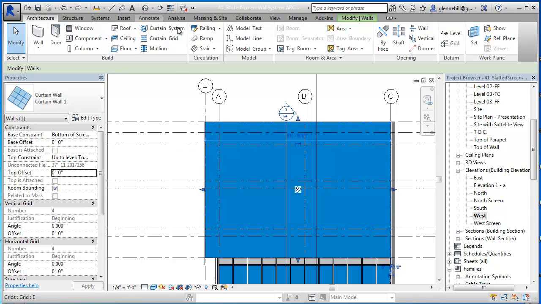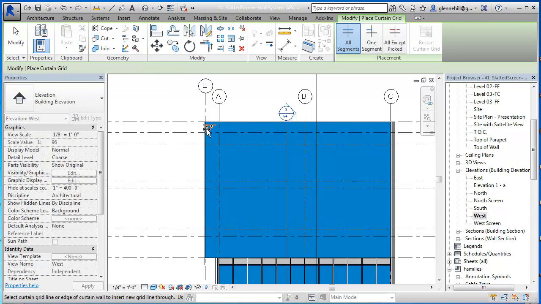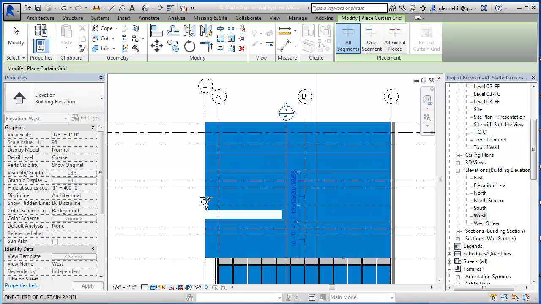And so we're going to go into architecture, curtain grid, and of course, as we remember from other videos on curtain walls, you add grid lines horizontally by running along the vertical edge, and of course vertically by running along the edge here. So I'm going to come in here and pop a grid line. I'm just going to pop these in, and you'll see how I'll dimension them here in a minute. Okay, so I'm going to put those two grid lines in, and the distance from here to here is about 12 feet,